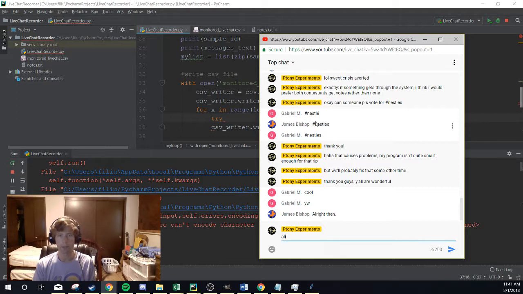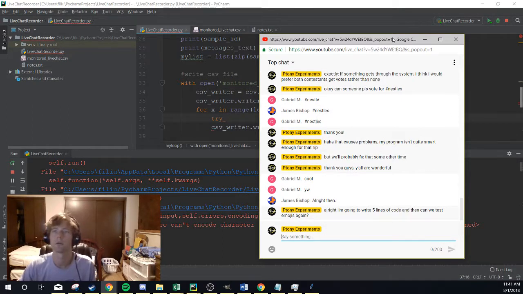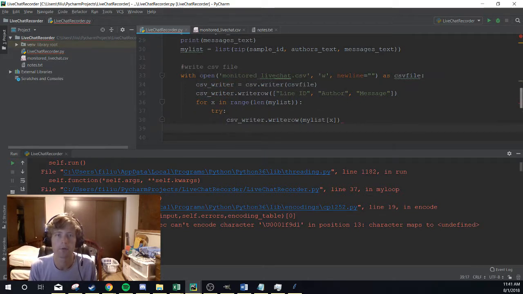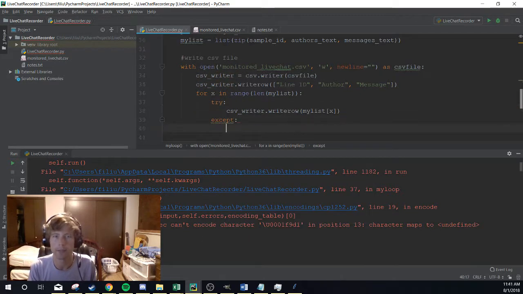All right. I'm going to write 5 lines of code. Then can we test emojis again? Try this. And then this is sloppy coding, and I recognize that. It's because I'm a sloppy programmer. But if it messes up,